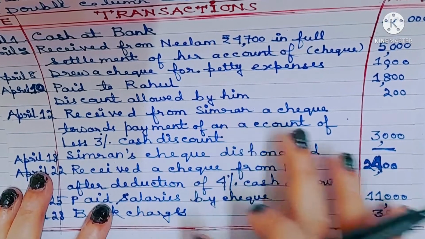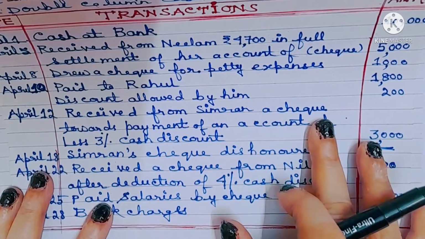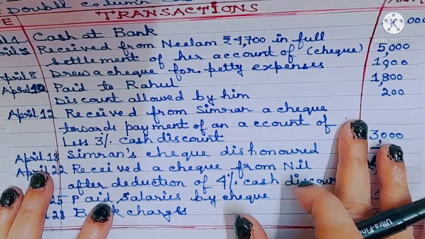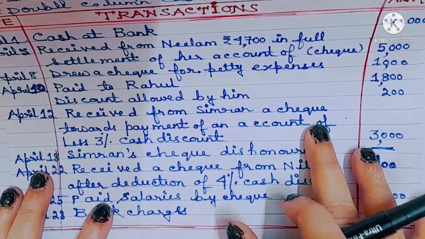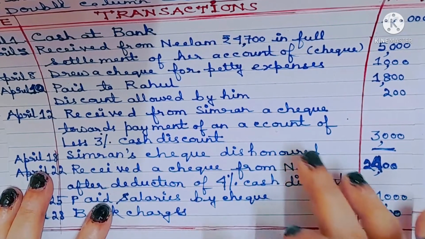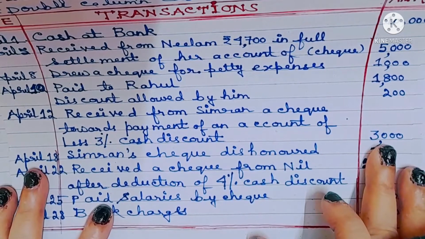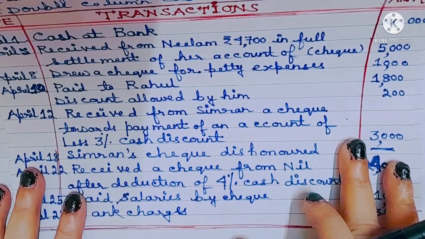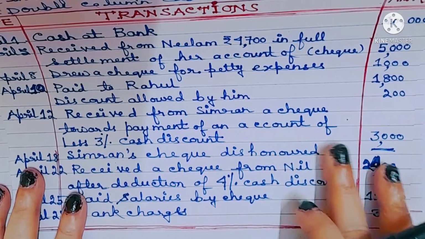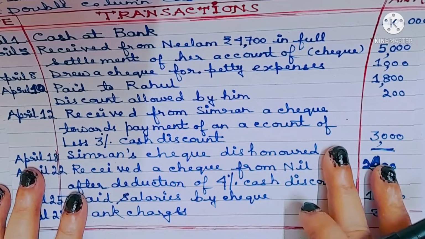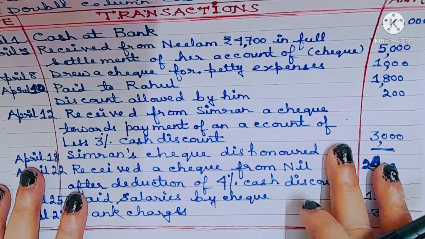So check receive করলে কি হয়? Bank account debit. Bank account debit 2910 rupees. Discount allowed account 90 rupees, to Simran account 3000. Okay, understood? Now what is the position of bank account? Since bank account is on the debit side, Simran account will also be on the debit side. So we'll have to write to Simran account in the cash book on the debit side in the bank column